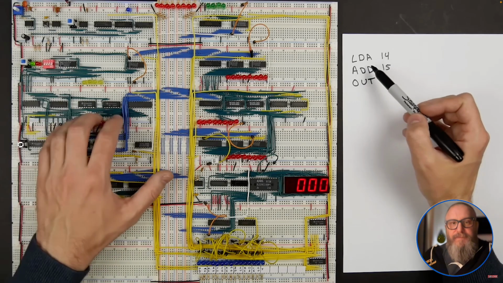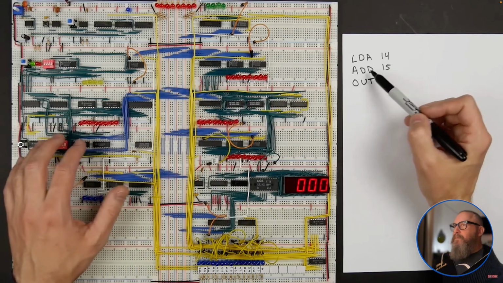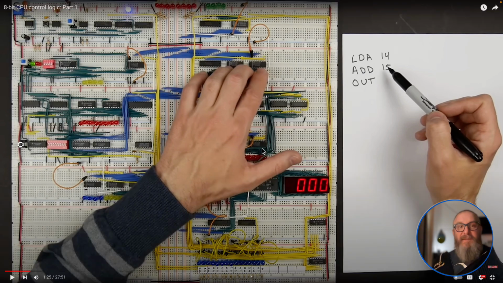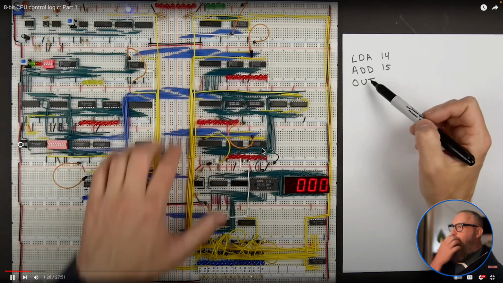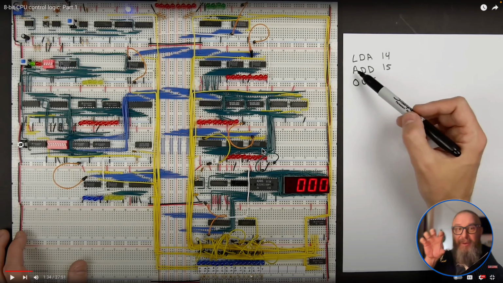And I've decided that what that means is to take whatever's in the location that's referred to in memory and put it into the A register. And then I've decided that this add command means take whatever's in this location and add it to the A register and leave the result in the A register. And then the output command, of course, just means take whatever's in the A register and output it. And so we could come up with whatever commands we want. Output, input, it's all just wrapping our minds around it. It's just putting